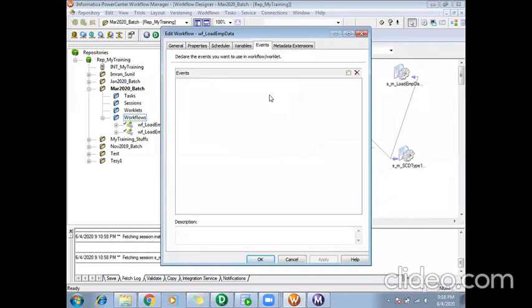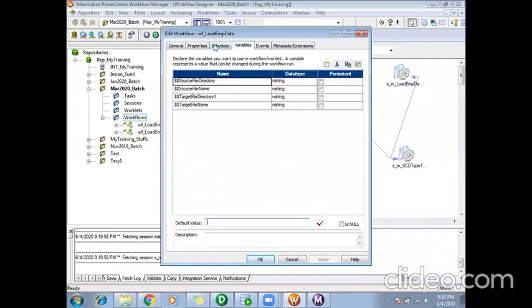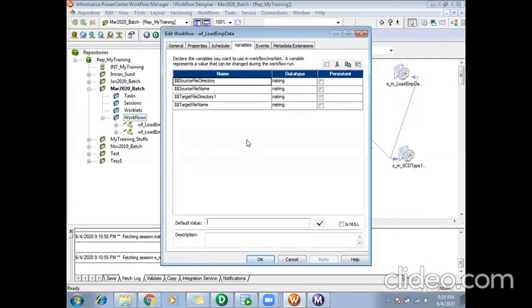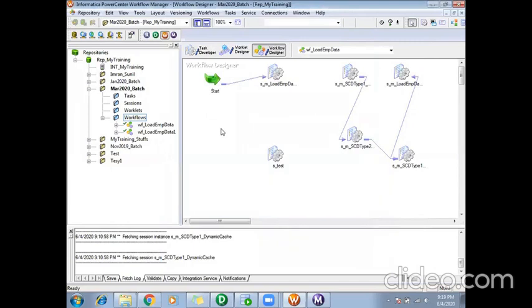Okay, and we have something called the event section. This part I will explain later when we discuss some other tasks. So these are the main tabs we have at the workflow level: the property section where you create the log files and all, the scheduler for scheduling your workflows, and variables to create your workflow variables.